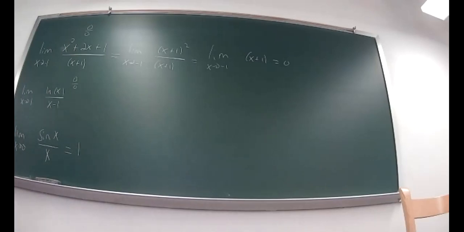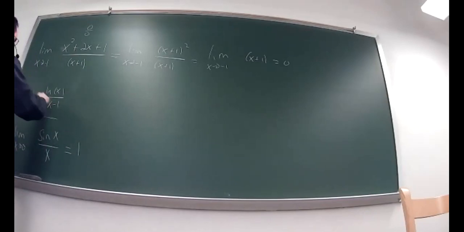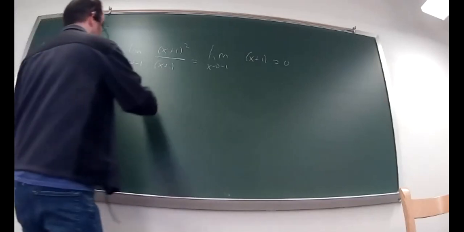The question becomes: when you're trying to calculate a limit like this that gives rise to an indeterminate form, is there a uniform method to also look at this and try to calculate the limit? Maybe it doesn't work all the time, but at least it works some of the times. And that's what L'Hopital's rule